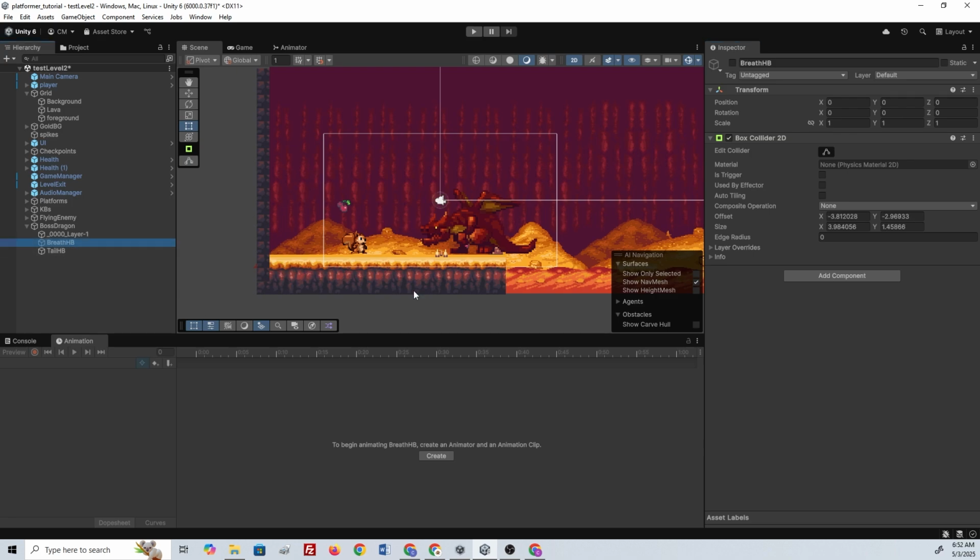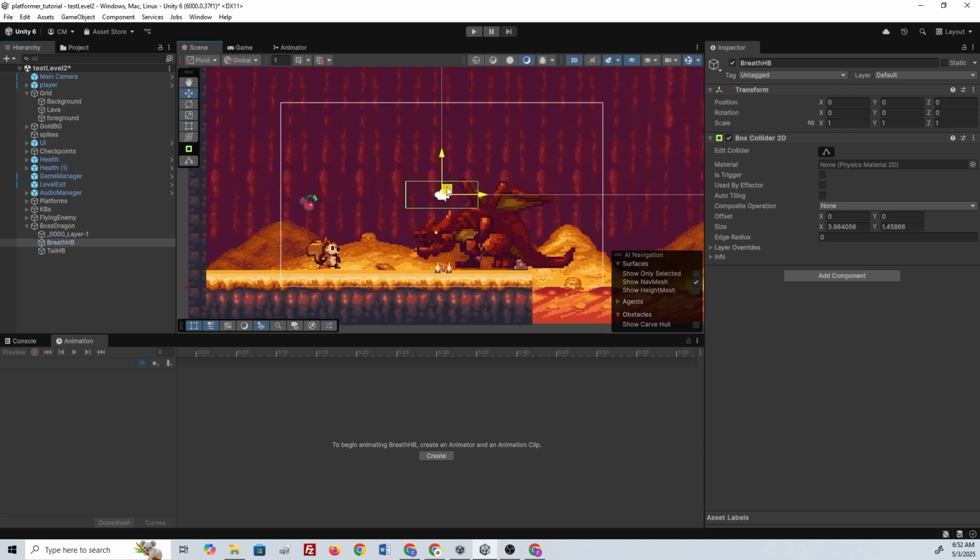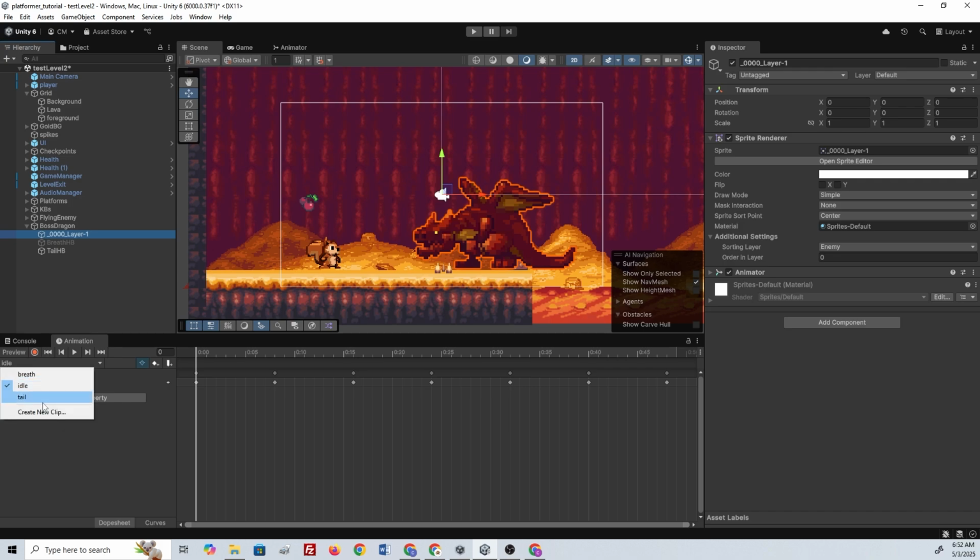I'm a knucklehead. Let's go ahead and turn on this breath real quick. Rather than doing the offsets like a knucklehead, let's go ahead and just move our empty game object right here, like that, and then turn off the whole thing. Now, let's move this down here, grab our boss enemy, go to our tail attack,